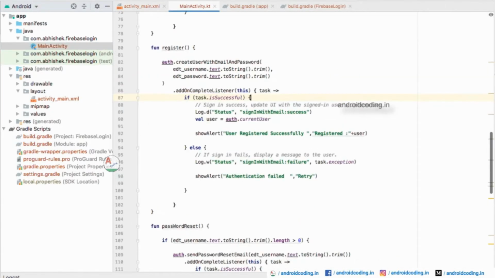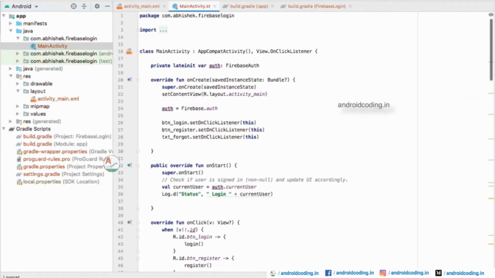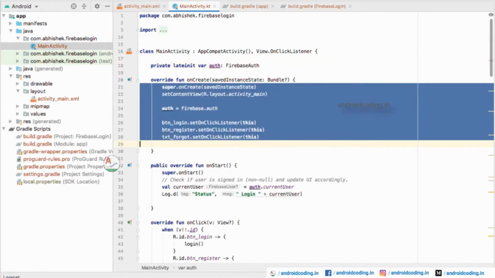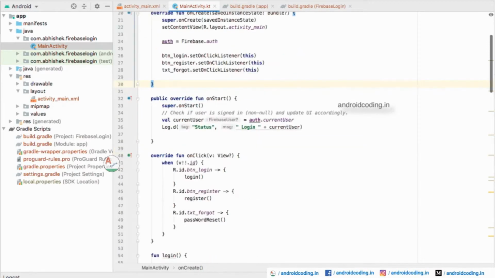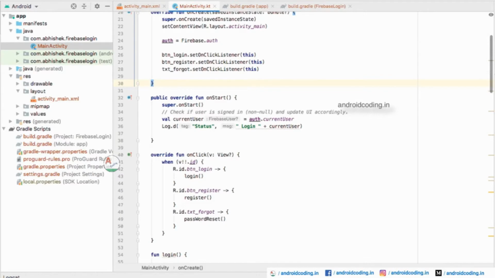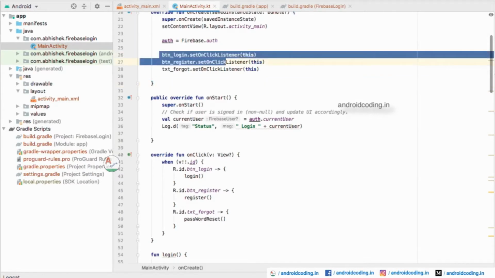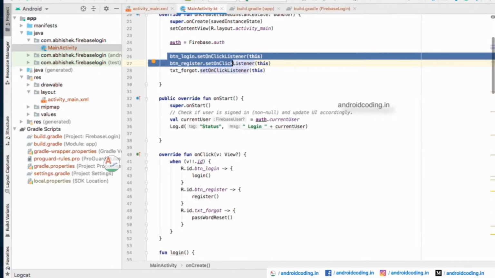Here we need to initialize an authentication variable using Firebase. When you add these dependencies, you can make use of these class files: FirebaseAuth, Firebase, and so on. If you have any problem importing these files, you may comment in the comment section below or reach me through my Instagram handle. We can discuss later. Here we have added two buttons and a text view: the login button, register button, and forgot password text view. If you have any doubts, you may refer to the card.